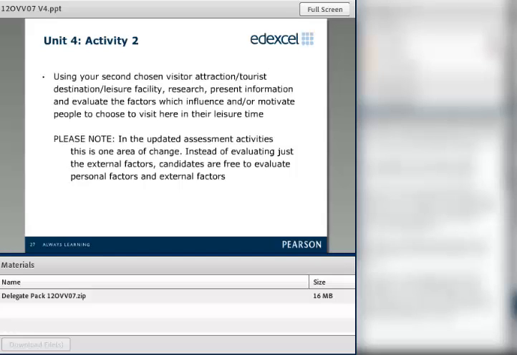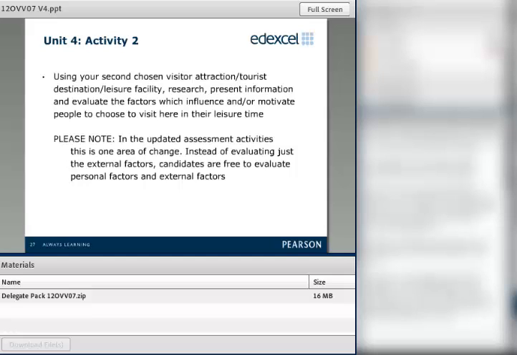Because so many of them were looking at personal factors anyway, we thought, well, we'll work with them rather than penalize them. What we are hoping is that they will pick those ones that are relevant to the facility. Otherwise I keep saying the same words, destination, and so on. So if we just say facility, that makes sure they are looking at the ones that are particularly relevant to their facility. So first of all, they need to present information about the factors.